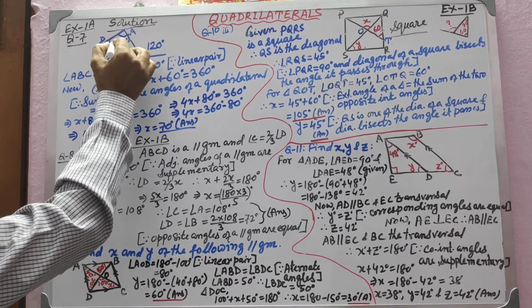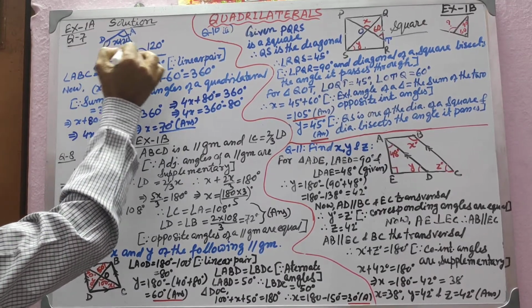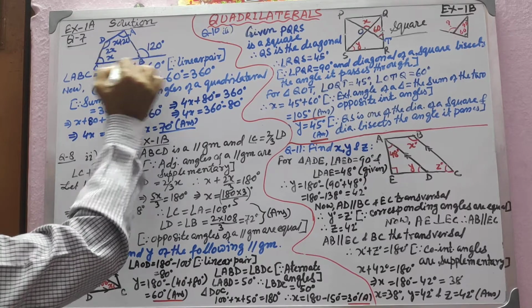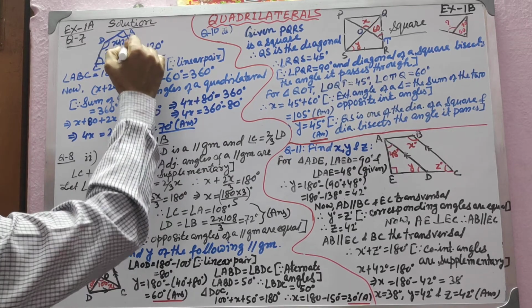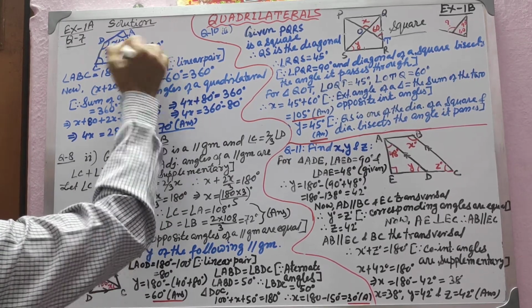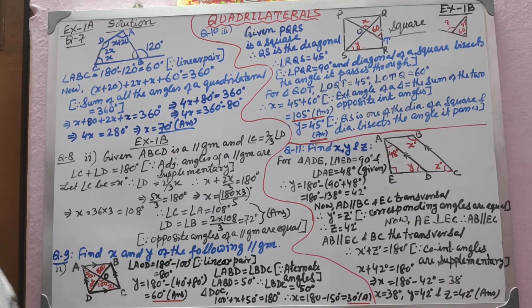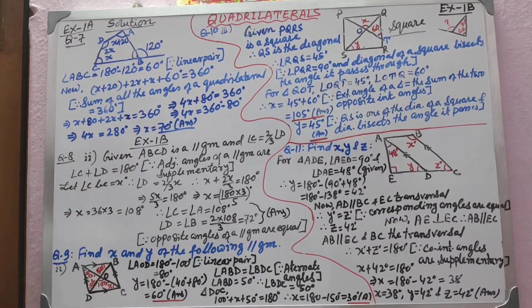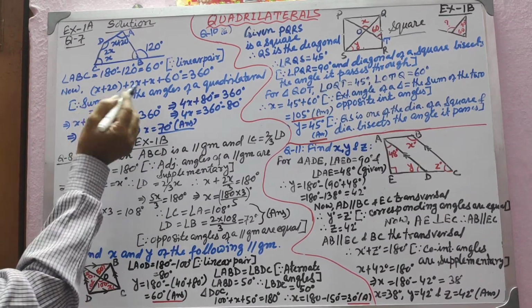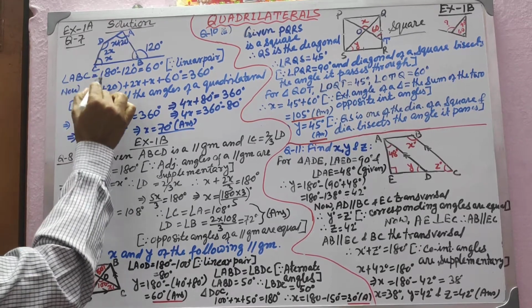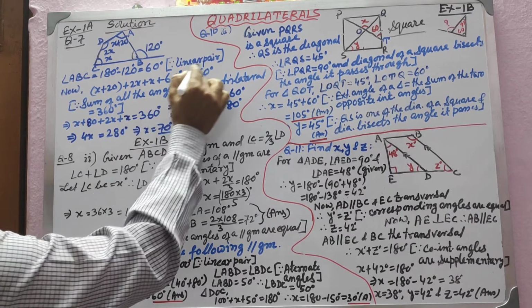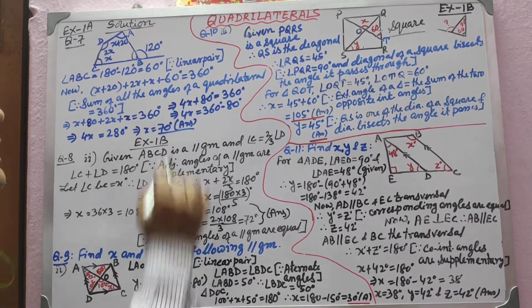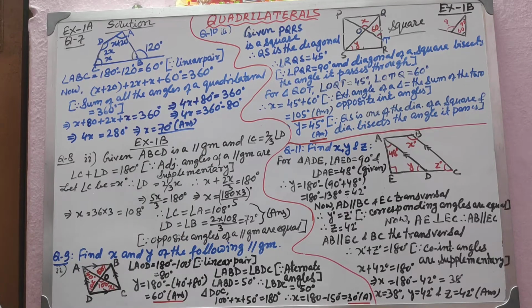So x plus 20 plus 2x plus x plus this angle, angle ABC. But ABC is not given to you. The exterior angle of ABC is given to you, that is 120. Then definitely this angle will become 180 minus 120, because these two together are a linear pair. Isn't it a very simple aspect? Angle ABC is equal to 180 minus 120, that is 60 degrees. Since they are a linear pair, we have to write down the logic in brackets: linear pair.